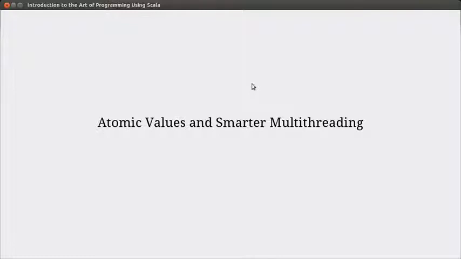We continue talking about multithreading, and in this video I'm going to go a little out of order from what happens in the book, because the example code we're doing really calls for demonstrating something that comes a little later in a different section, but fits very well here. That's atomic values. After we've looked at how we can do the same problem with atomics, we'll look at how we really should do it, and that's just a smarter way of